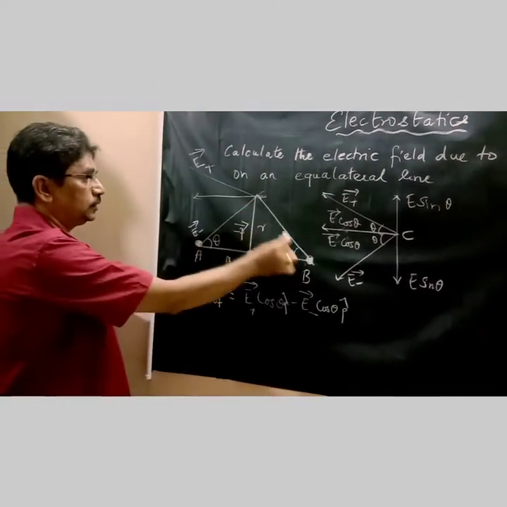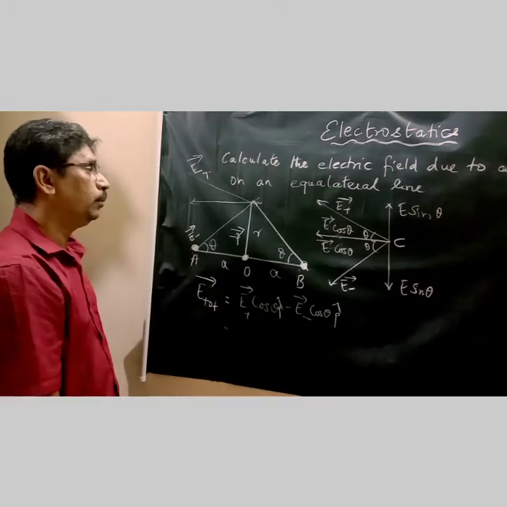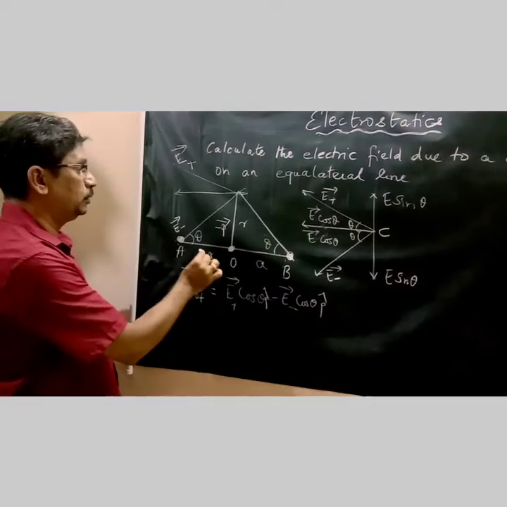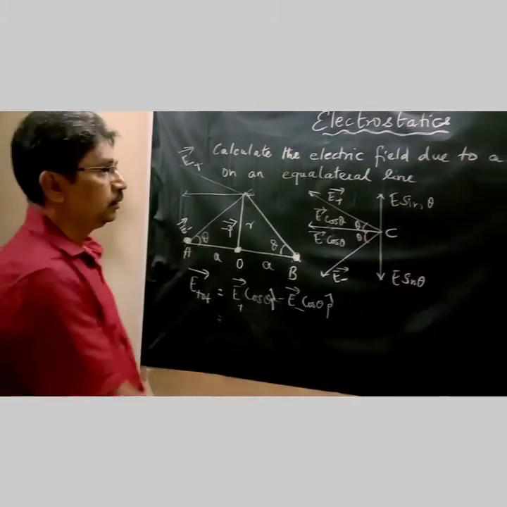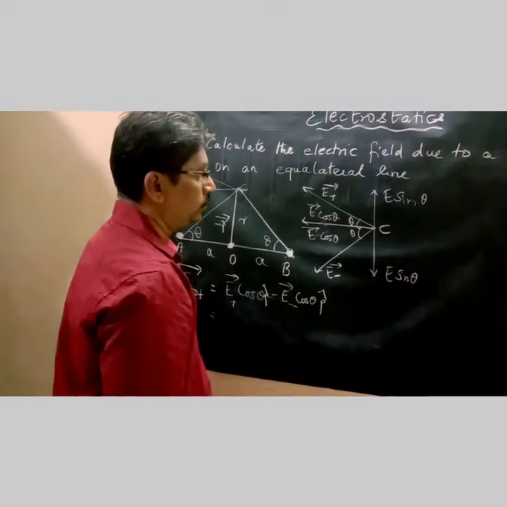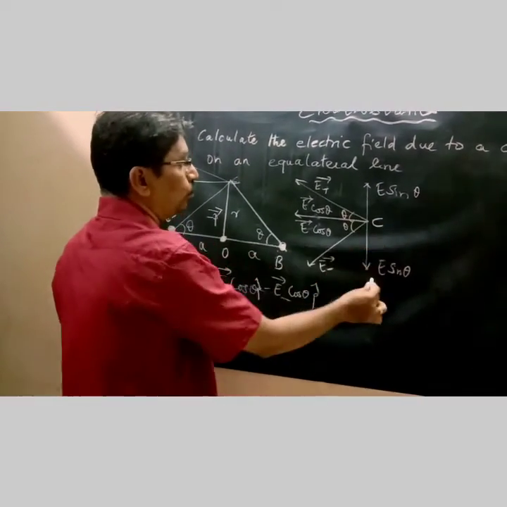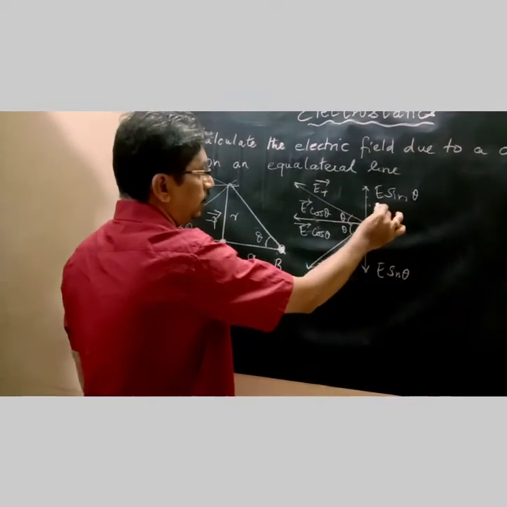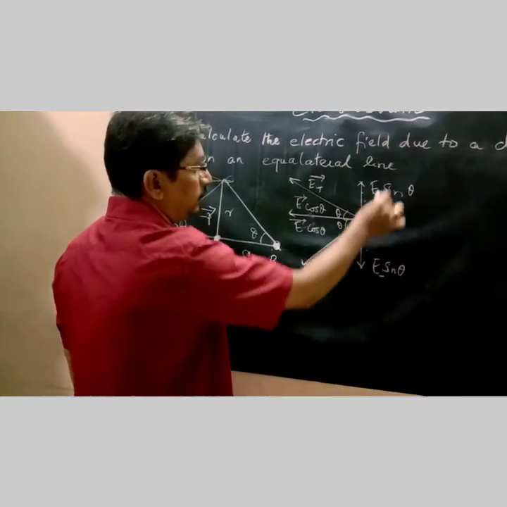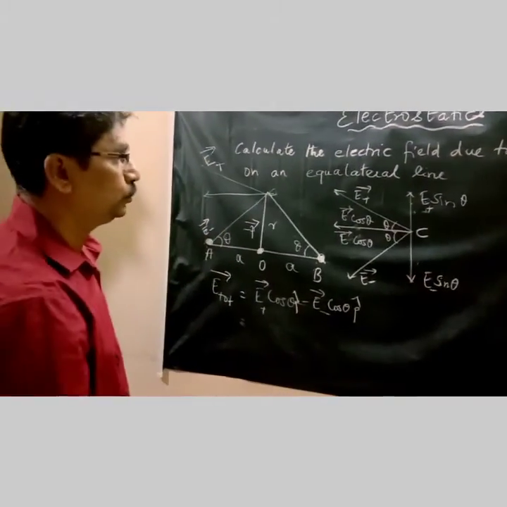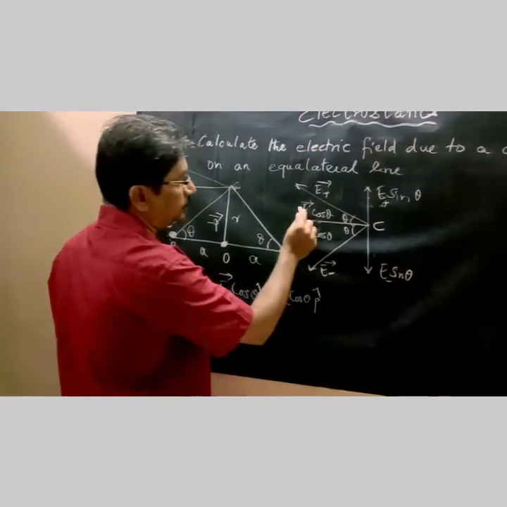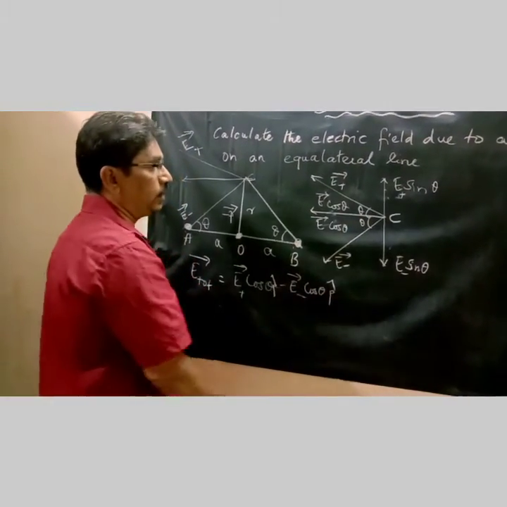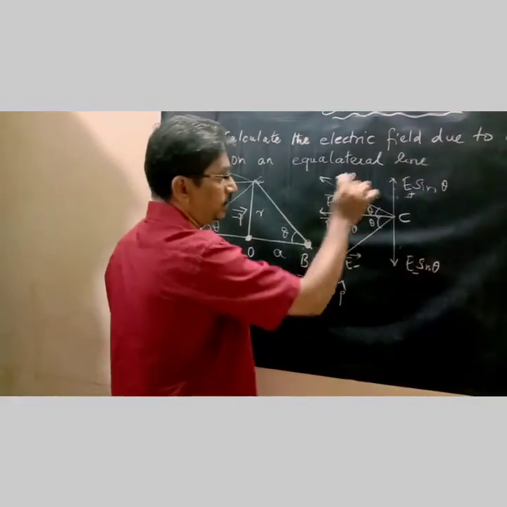So here, since these two distances are equal, the magnitude is the same, only the direction differs. There are two components here, a vertical component and a horizontal component. Here E sin theta is the vertical component. Actually this is opposite in direction, so it gets nullified. E plus sin theta and E minus sin theta both get nullified because they are in opposite directions. So the only component we have here is E cos theta. E cos theta also has two components, E plus vector and E minus vector. So this is represented by this diagram.